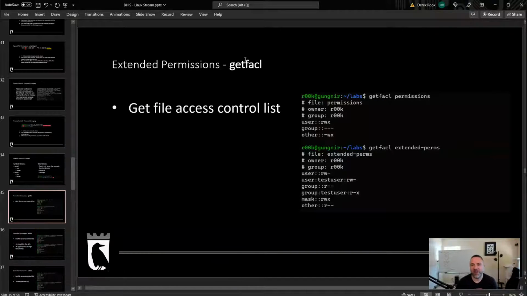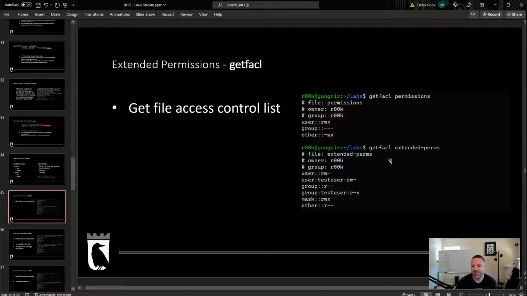So this is get file ACLs, and then there's another command called set file ACLs that you can use. What it allows you to do basically is set different permissions for different users and different groups. So there's multiple entries on multiple lines for different entities, so to speak.